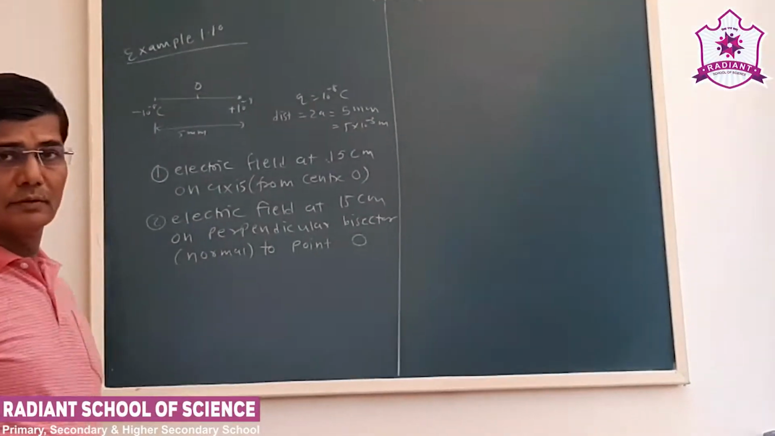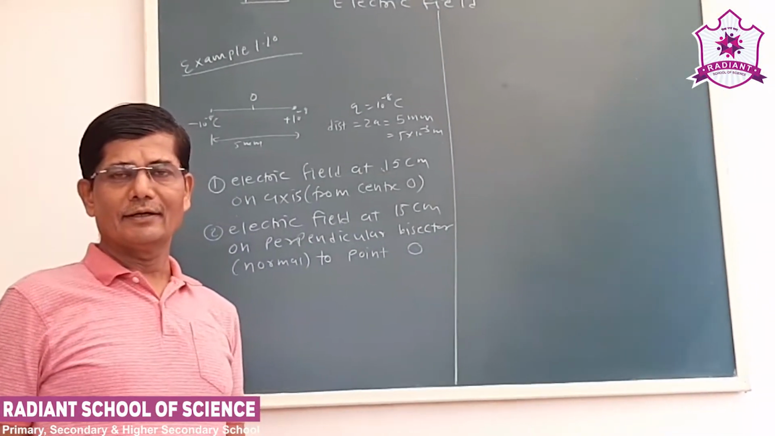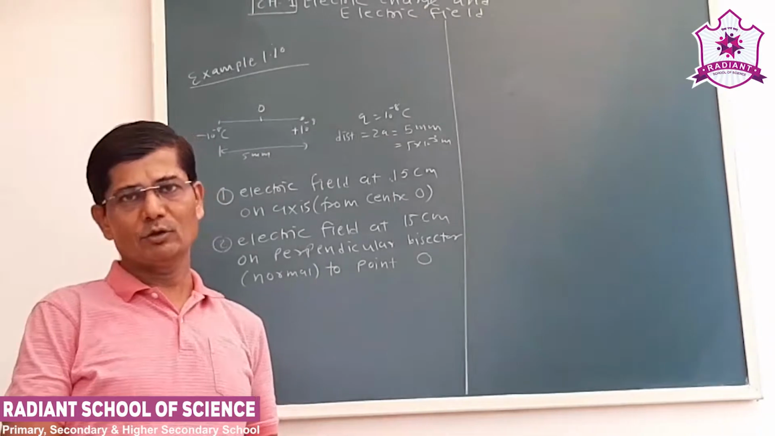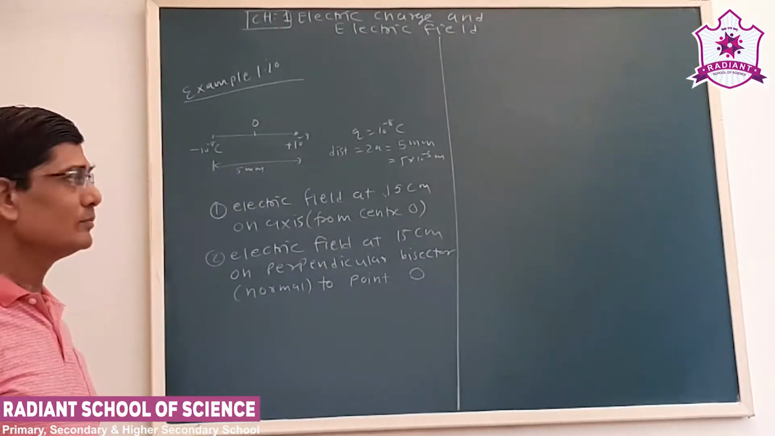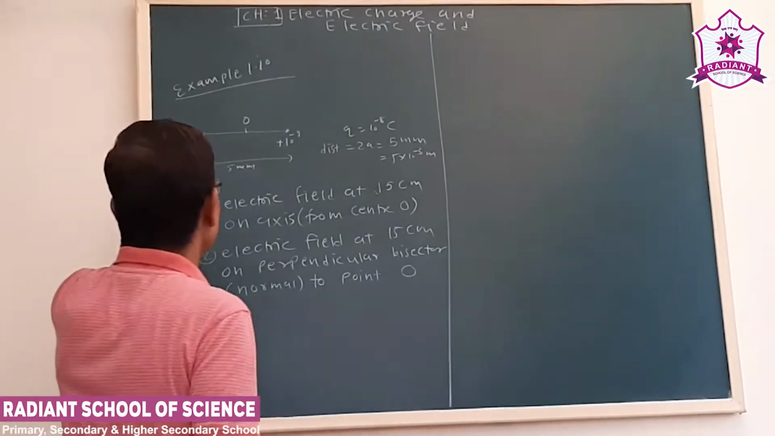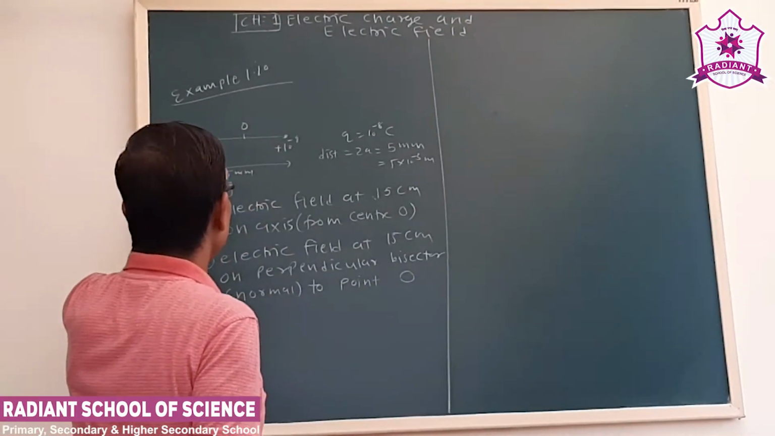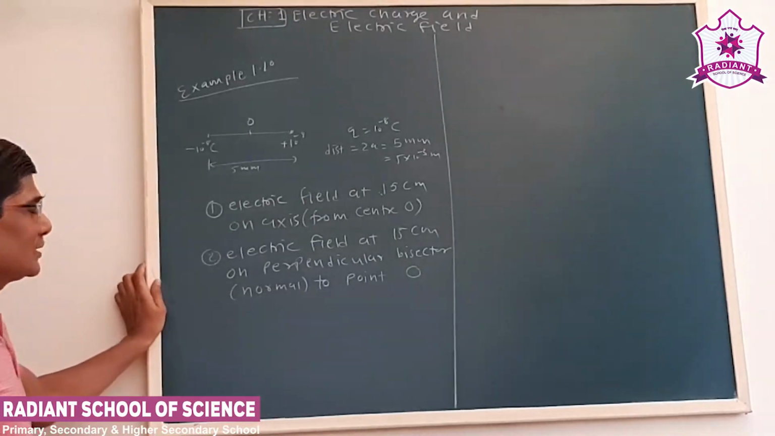Now, last time we completed the theory part and we took some of the examples also. Now today we start with example 1.10. Now see, the question says there are two charges, minus 10 to the minus 8 coulomb and plus 10 to the minus